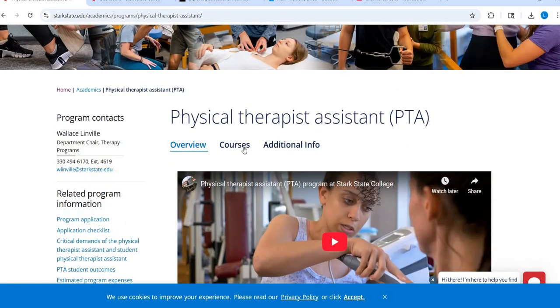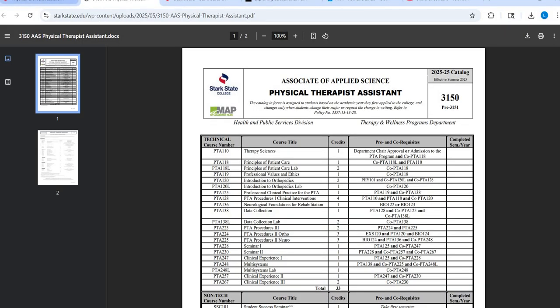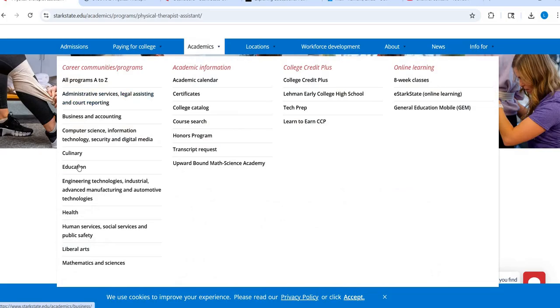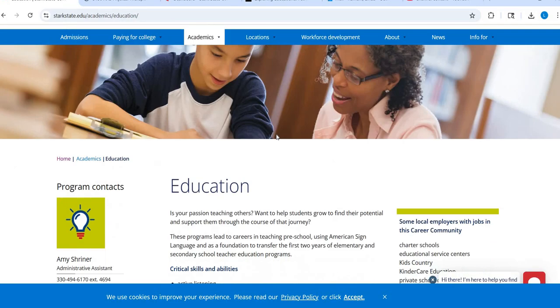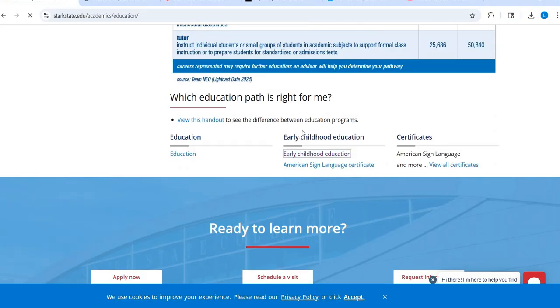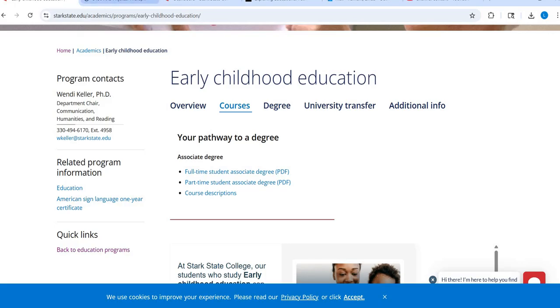Okay, so when I come up here, I'm going to click on courses and there's full-time and there's part-time. They both have the same info. It's basically suggestions on which path to take in terms of what classes to take when. I'm just going to click on full-time. And I also want to show real quickly that even if I were to go to a different field, you can see how this looks just the same down here. And then we get in here and I click on courses. So again, they're all set up very similarly.